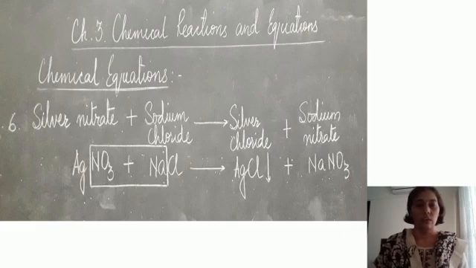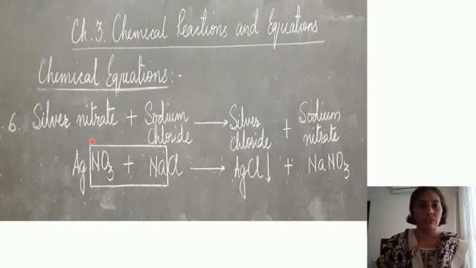Now in this equation, this is just the same as what we studied in the previous slide. The only thing is that I've just given you one method of remembering the products. So this is silver nitrate and sodium chloride, and it gives silver chloride and sodium nitrate. So here I've just made a box. Now this box, if you remember, you get the two products. One is silver chloride, that is Ag and Cl. This is one product, and second product is inside the box, NaNO3, but we will write positive radical first. So first you write down Na and then you write down NO3.